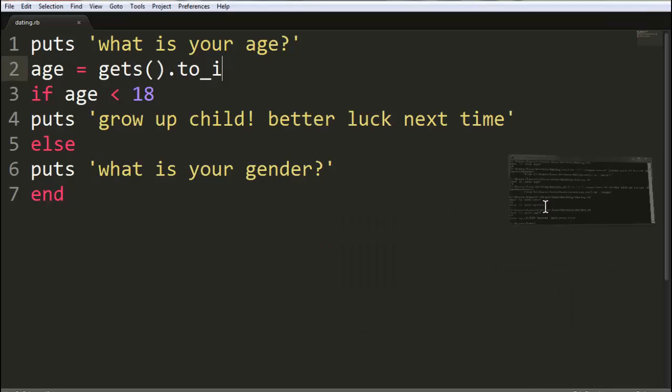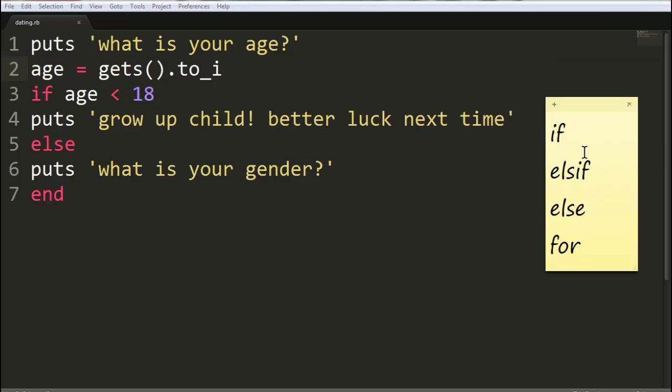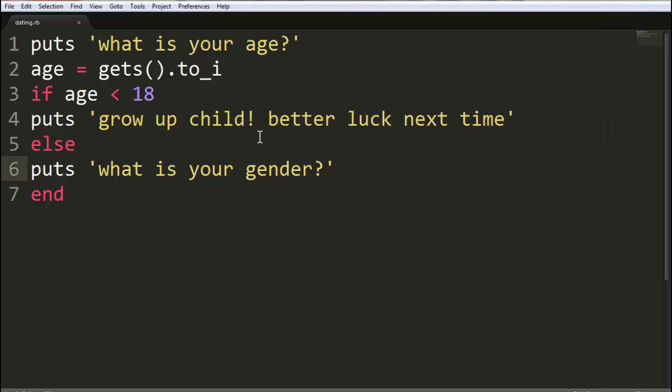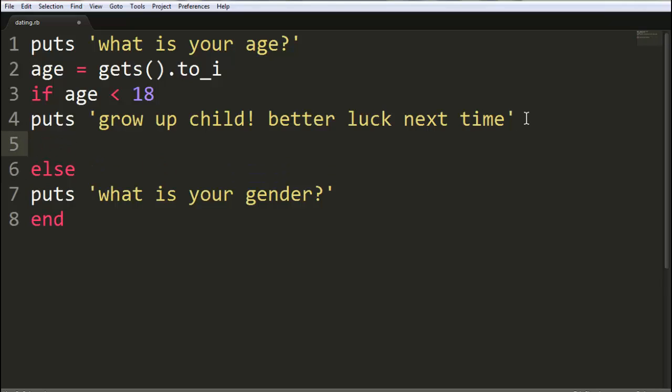Now we are going to make some minor changes for using the else if operator. How can you use the else if operator? Suppose we want some little bit of changes.